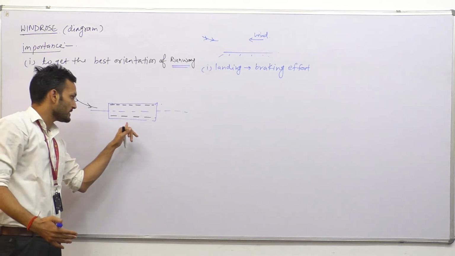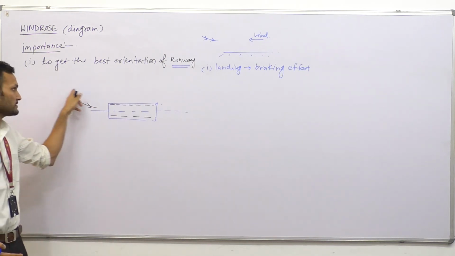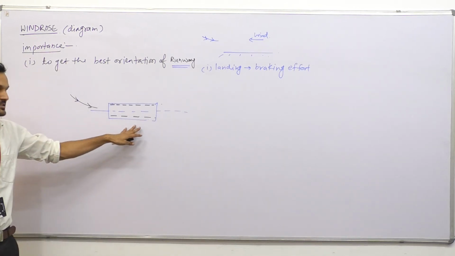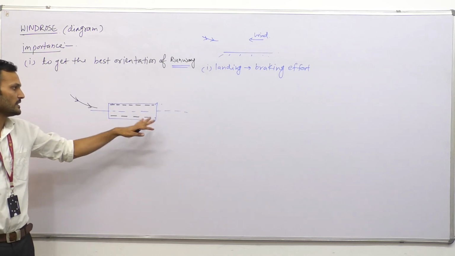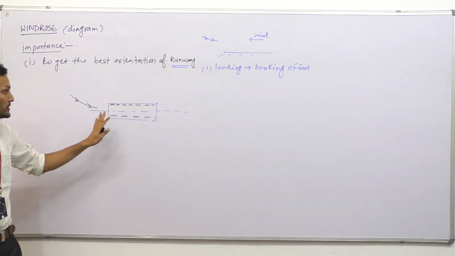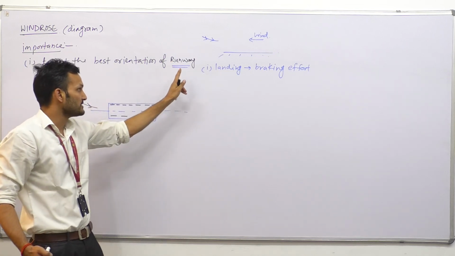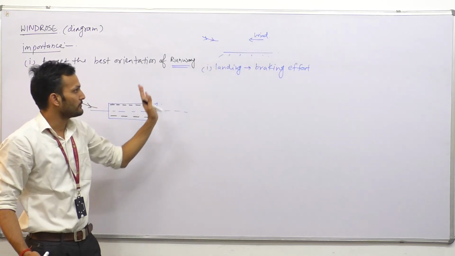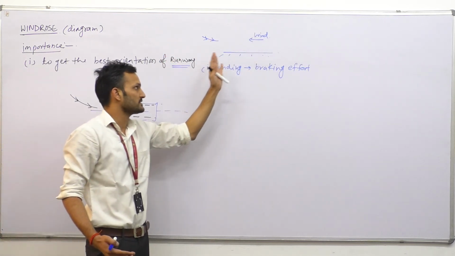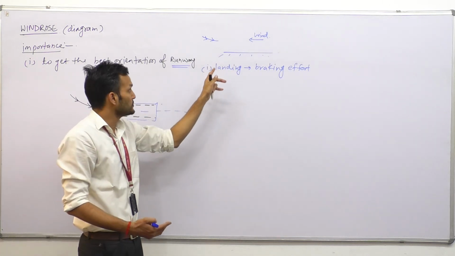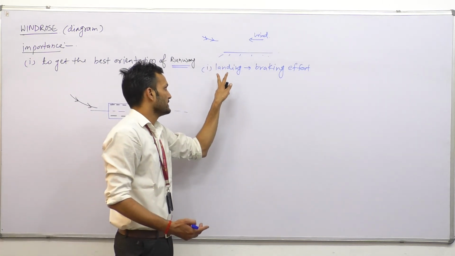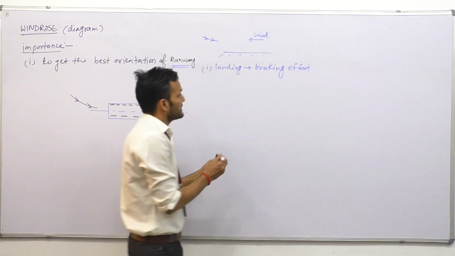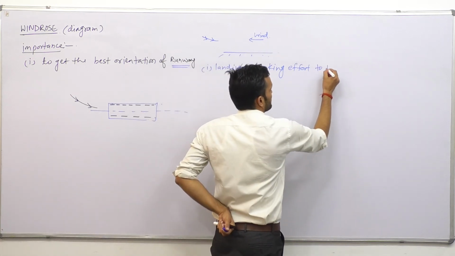Since the length of runway required in case of tailwind, when the wind is moving in the direction of the aircraft, is more, the amount of material used in the design of the cross section of runway will be more. Economy will suffer in that case. So to get the orientation of runway, or the direction of wind, such that it is beneficial to make the aircraft stop within a shorter distance, we use that orientation. So the first point is landing. Landing is affected because the wind provides a braking effort to the aircraft.